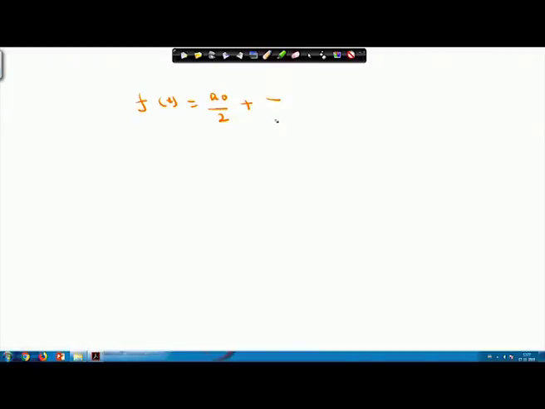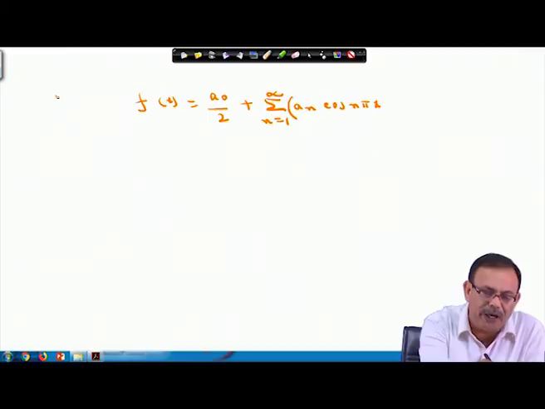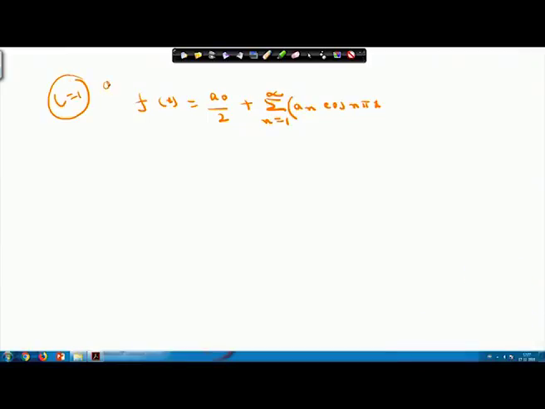f x can be represented as a 0 by 2 plus summation over n equals 1 to infinity of a n cos n pi x by L plus b n sin n pi x. Here the period is 2, so L is equal to 1, so the L will not appear, because basically the function is defined from 0 to 2. Your a naught will be the integral from 0 to 2 of f x dx,